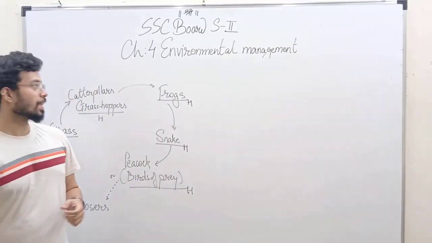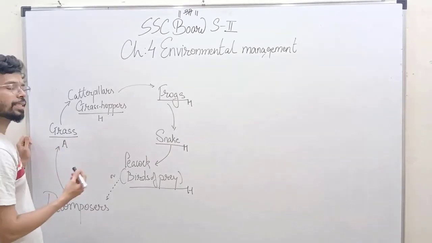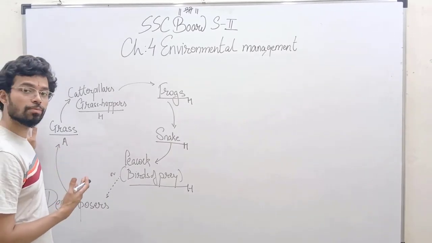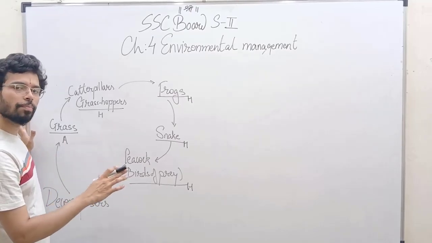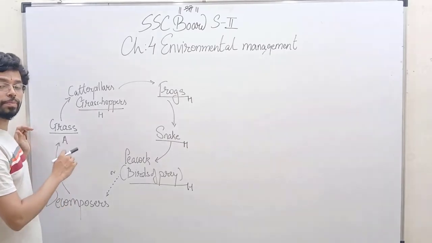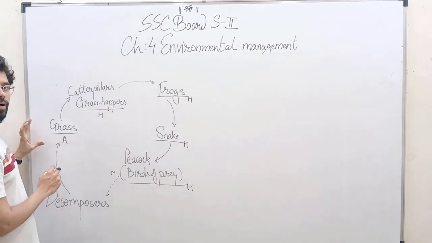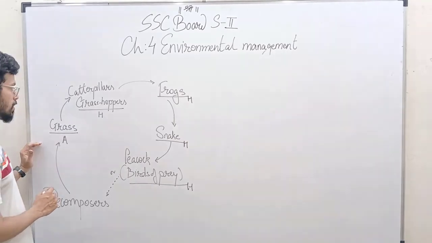Now let us see, as I said, what is meant by a food chain. Actually, in the environment, a food chain is very rare. Mostly what exists is a food web. But that is a bit complex and not expected at your stage. So let us see what is meant by a simple food chain. In the food chain, you have the primary producers, right, which are plants, grasses in this case.